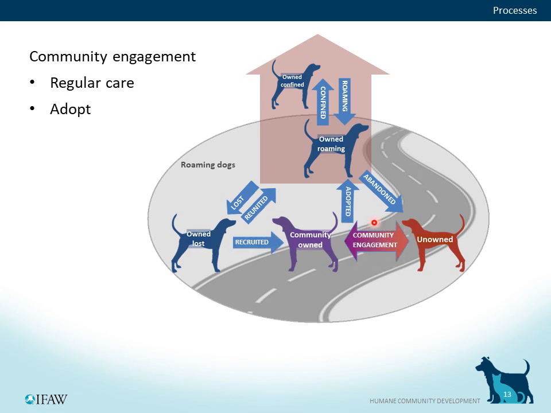And then we have this process of community engagement, and that describes providing regular care to a dog, mostly food, but sometimes water, shelter, sometimes even veterinary care. And that moves dogs from this unowned dog population into this community-owned dog population. Of course, that process can also go in the opposite direction. Communities can become disengaged, and therefore community-owned dogs will move back into this unowned dog population. And of course, we have a more positive process within community engagement. If people are really engaged with their street dog population, you may find that some of these are also adopted into the owned dog household.